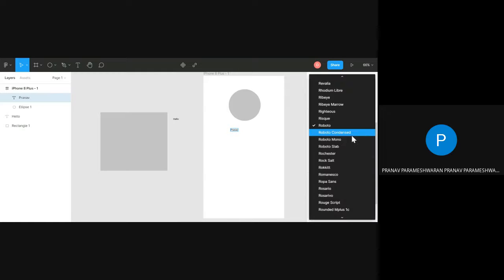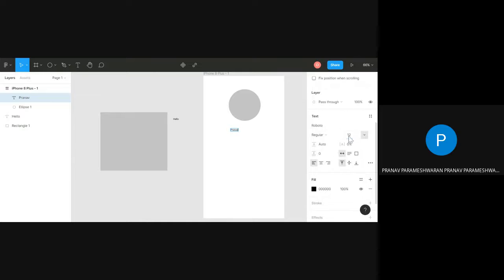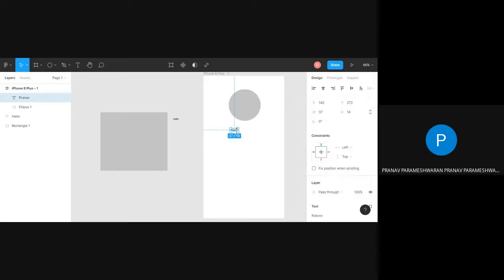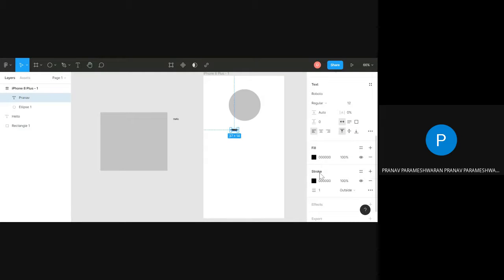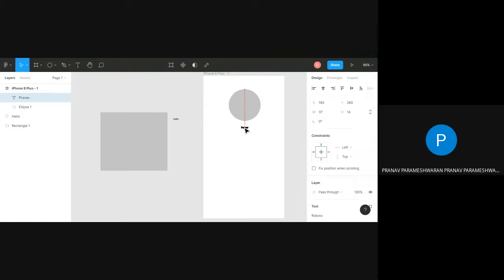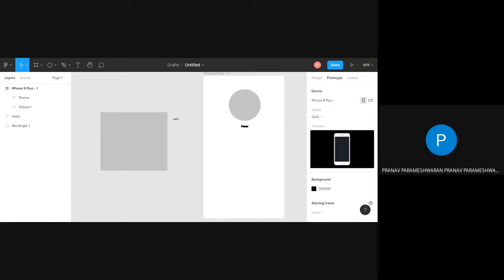So this is flexible. We can choose whatever we want, the size of it. And then you can add the colors, fonts, and stroke, how it should look. And if I just place it here, this is basically the design structure of how we want our application to look.